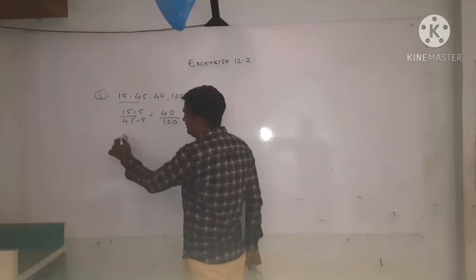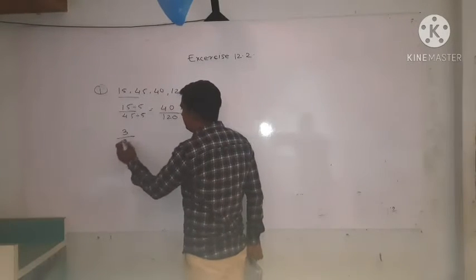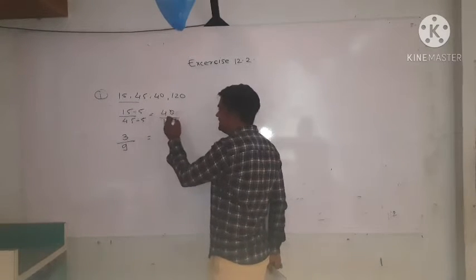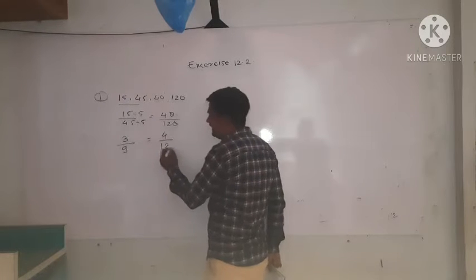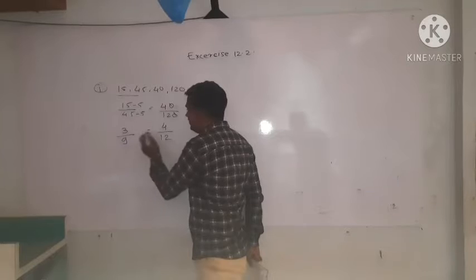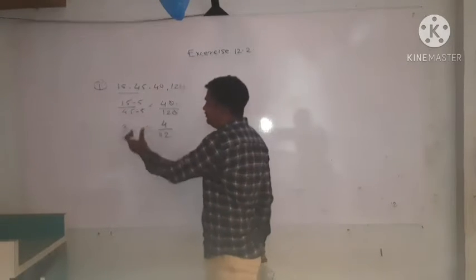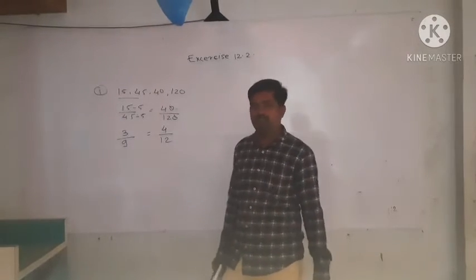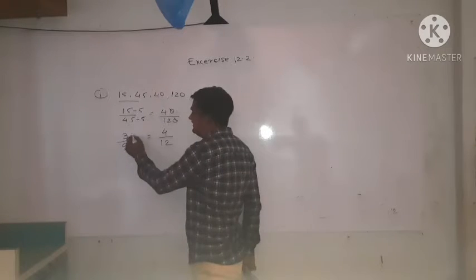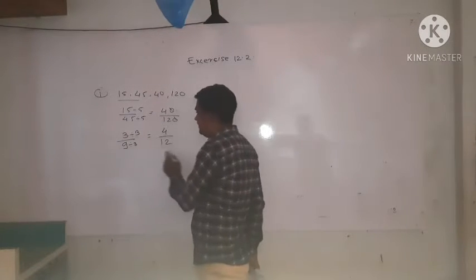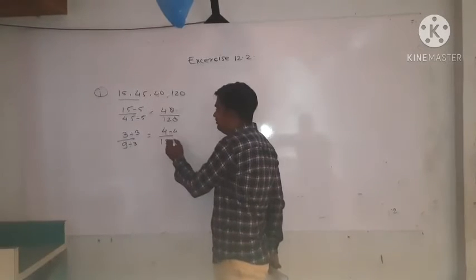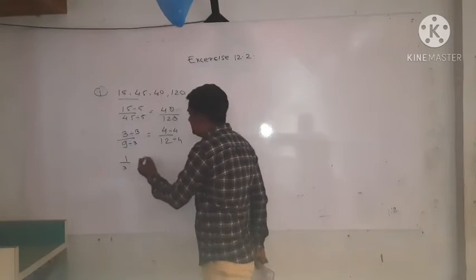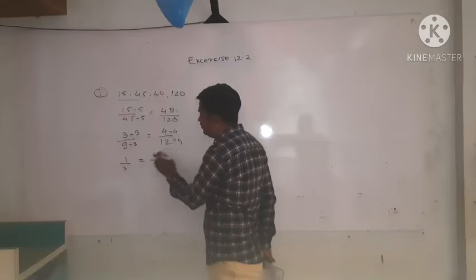5 3s are 15, 5 9s are 45 is equal to... This is also in 5 number table, or you can cancel it, which remains 4 by 12. Now use the simplest form, 3 by 9 and 4 by 12. If both come out the same, then they are in proportion, otherwise they are not in proportion. Now in this, both numbers are in third number table, divided by 3, and these two numbers in fourth number table. 3 ones are 3, 3 3s are 9 is equal to 4 ones are 4, 4 3s are 12.